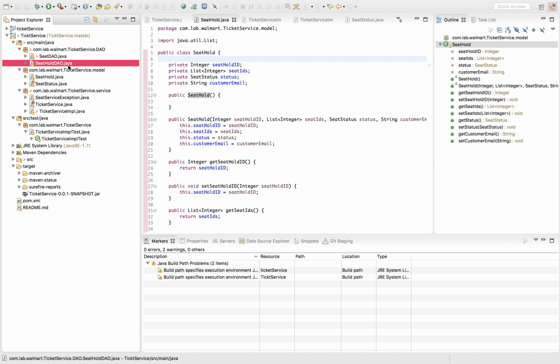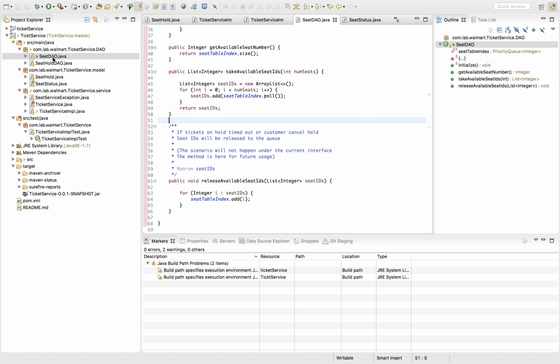And the seat hold DAO, of course, is the table that holds all the on-hold seat holding orders and seat reservation orders, right? So after the overview, I will go into details of each class and share some detailed